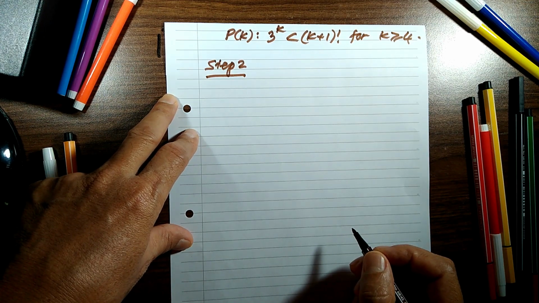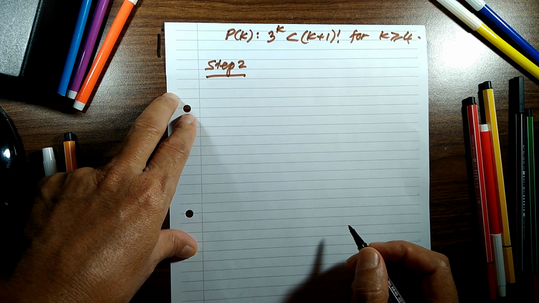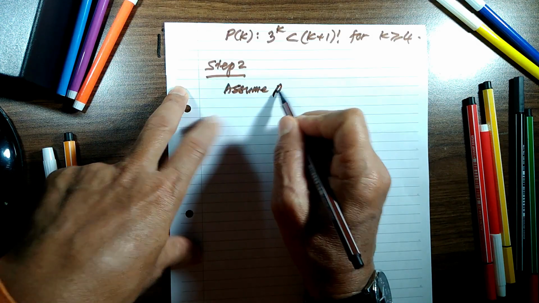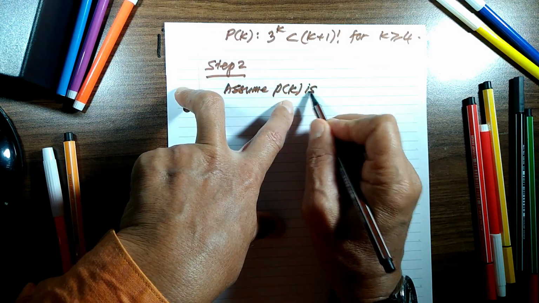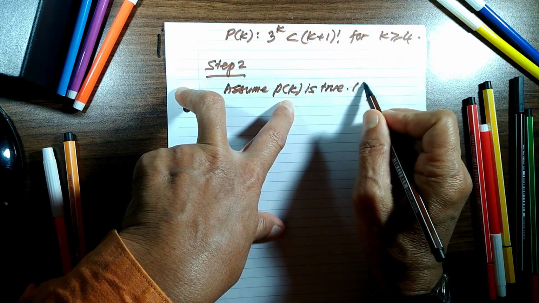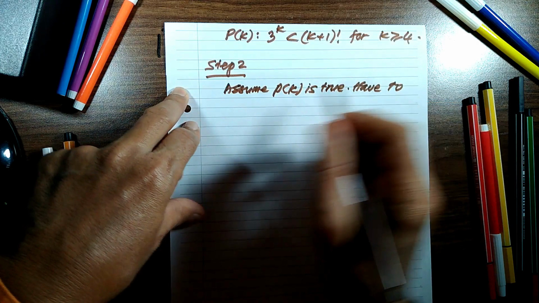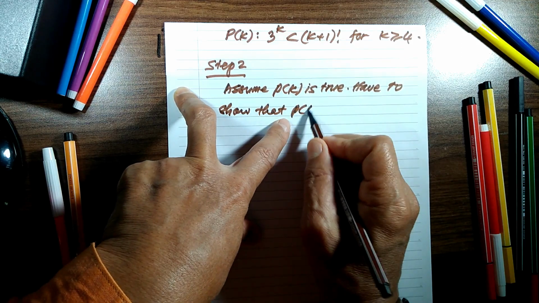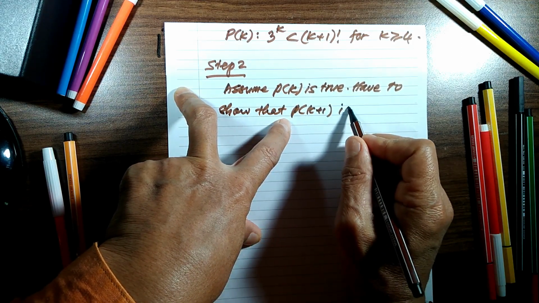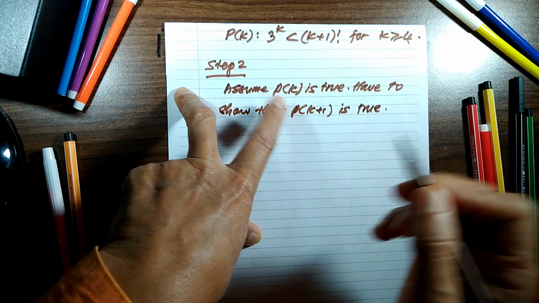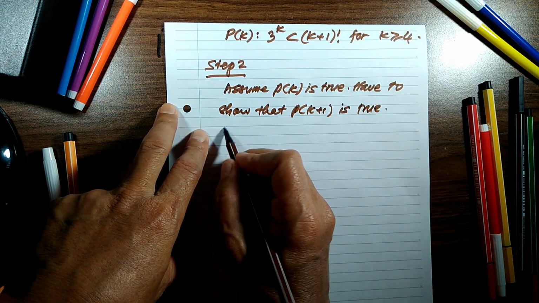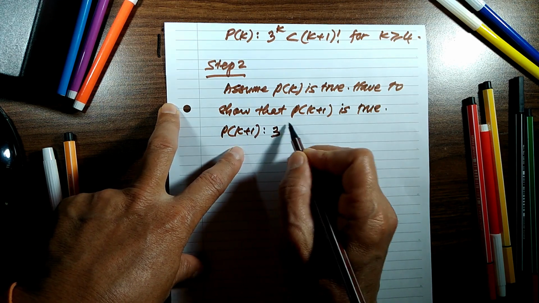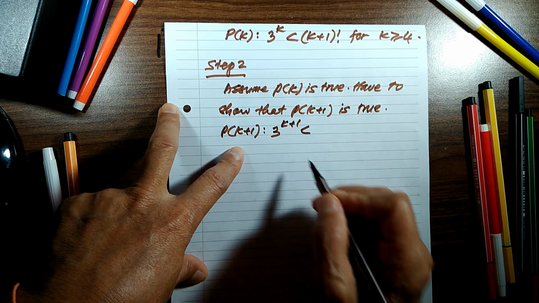Okay, let's continue with our proving. Now we reach step number 2, where we have to assume P(k) is true, and we have to show that P(k plus 1) is true. That is, we have to show P(k plus 1), that is 3 to the power k plus 1 less than